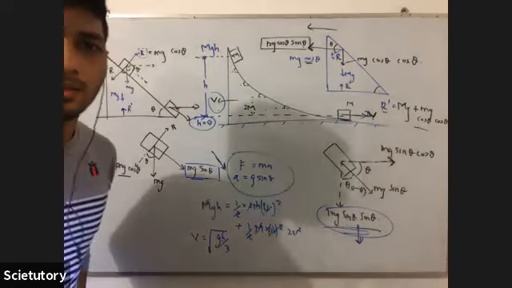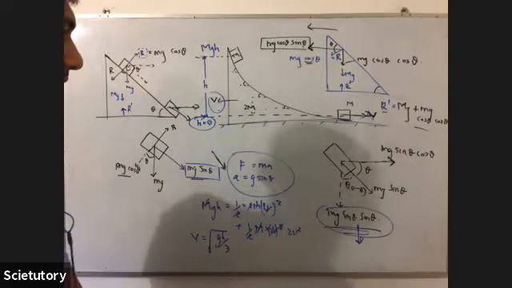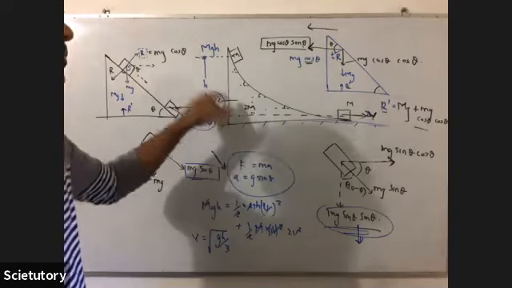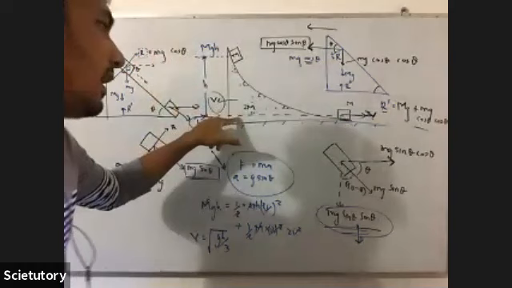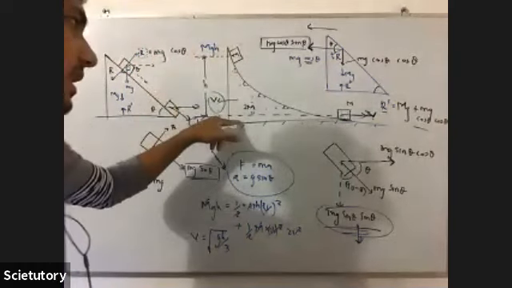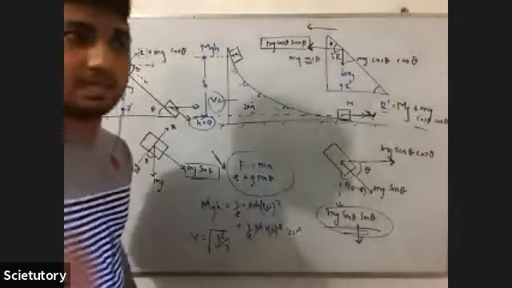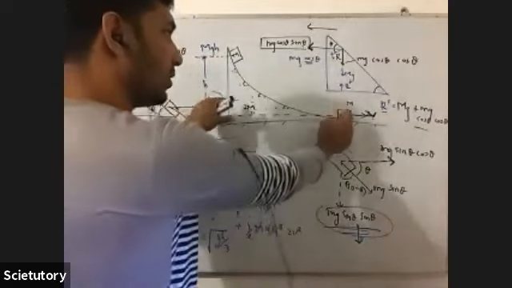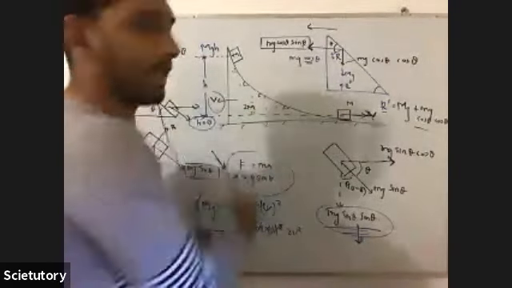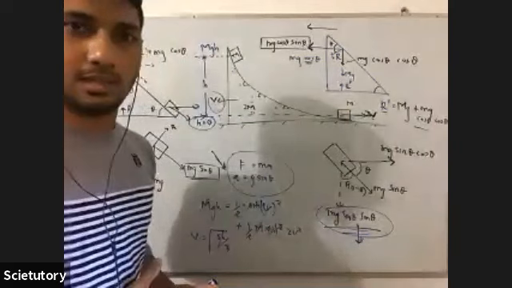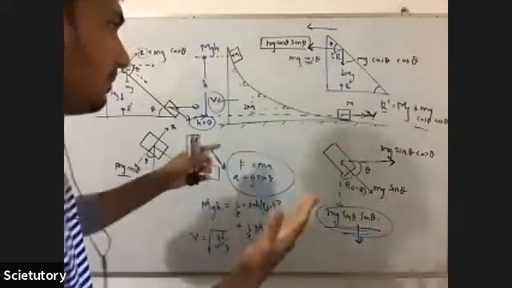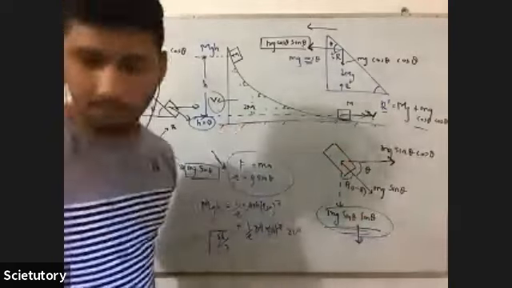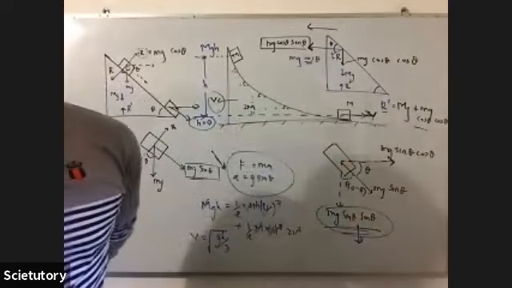Sir, conservation of energy is for that M body, no? No, for both, the system. This moves through a vertical height of h, so this mgh is given as kinetic energy to this block and also to this inclined plane. So they will divide the energy between themselves. Now, a question on